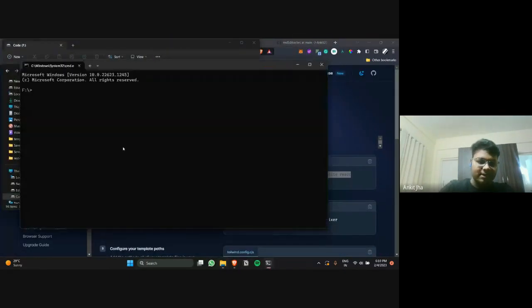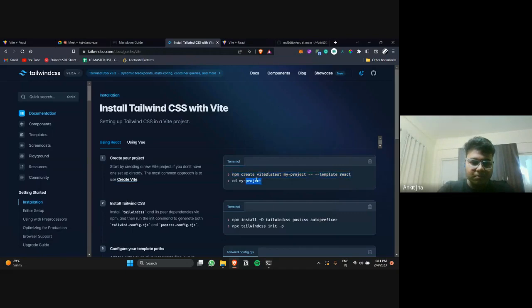So I open the CMD. Now, this is the basic command to make a React application with Vite. So Vite is a server which we use for creating web applications. So what should we name it? MD parser, whatever you want to name it, and then you will download it. Then we are going to go to